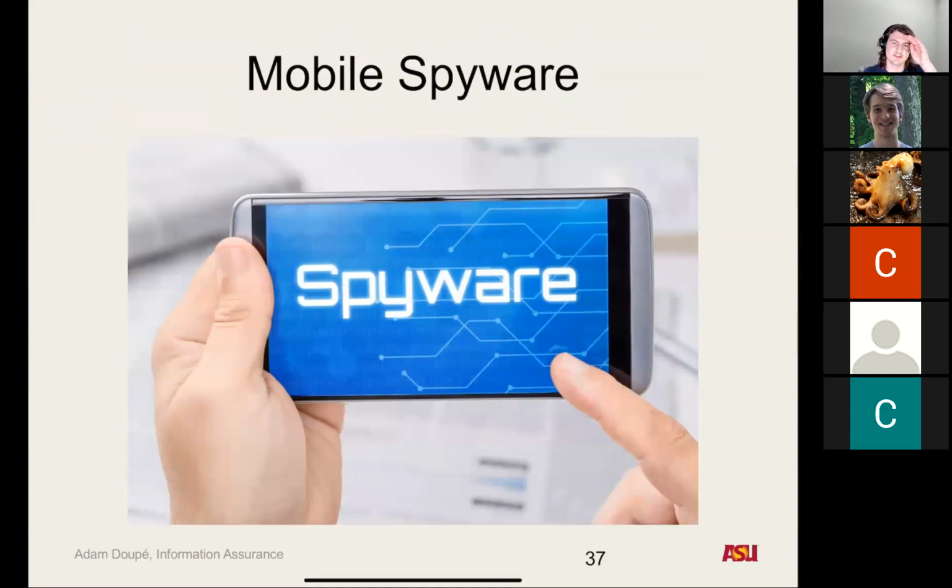And similarly, there's basically tons of mobile spyware out there. So some things they'll do is look at all the applications that are installed on your phone and send them back so that they can create a fingerprint of you, or understand what apps are installed. There are other ways they can spy on you. A lot of advertising libraries will do similar things because they want to understand how well their ads are doing. So this is a whole category of potentially unwanted apps on mobile devices.